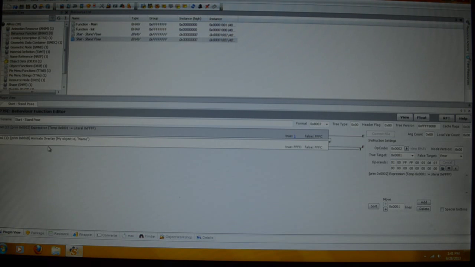You're going to change your instance to 0 by 00001003. So, delete the 2, bring the 3, and then click Commit. You're going to go to Plugin View, and the first thing you're going to do is delete your